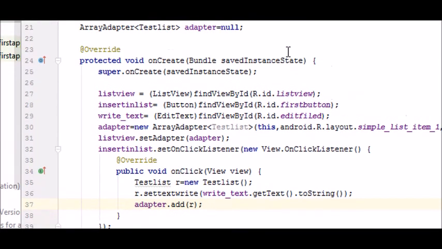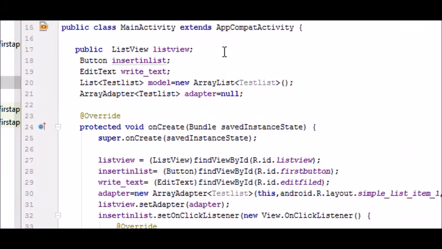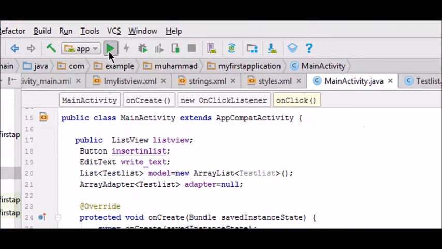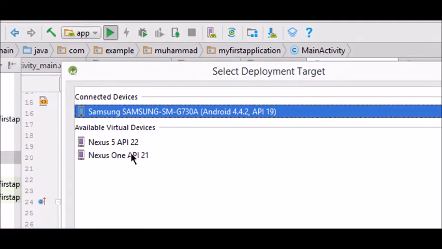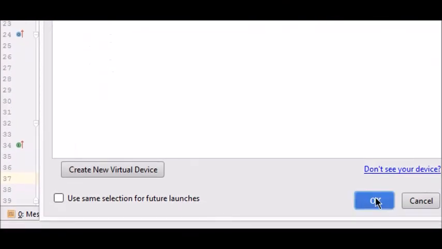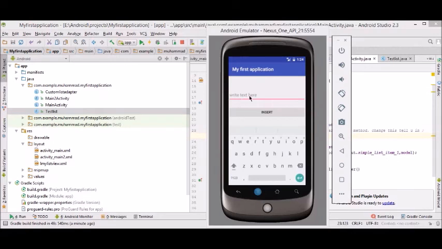So now all things are done. Let's run the code. We'll see what happens. Application. So this is the thing. So when I write here is this, and I just insert. See here, I just click on this and then click insert many times, and you see here this is quite a different thing, like